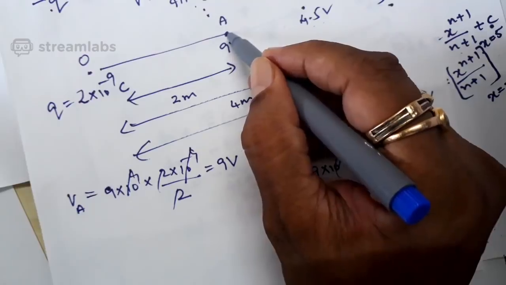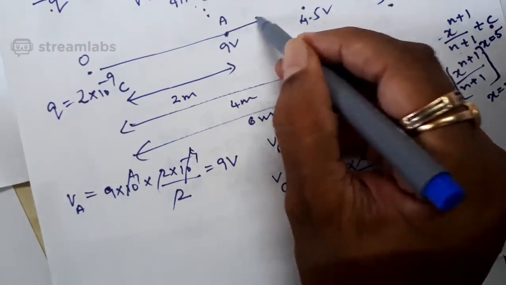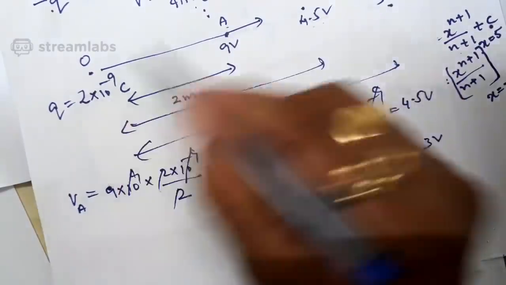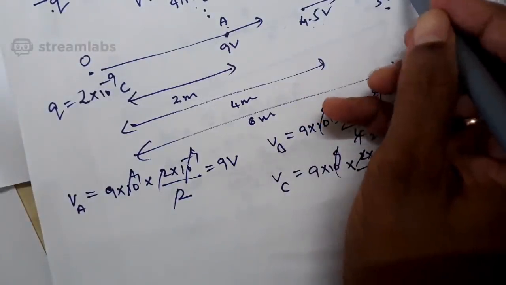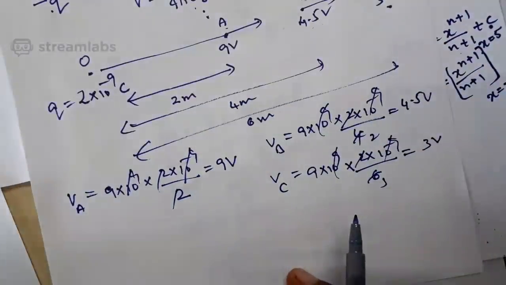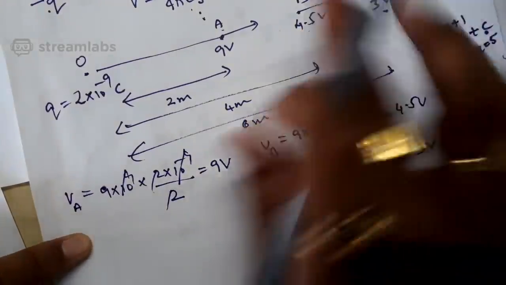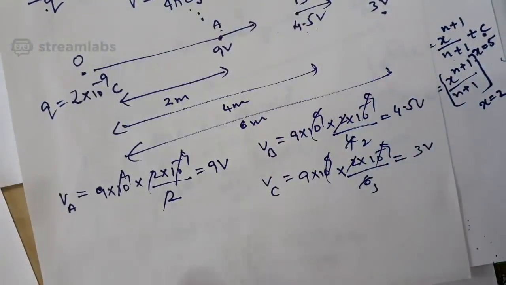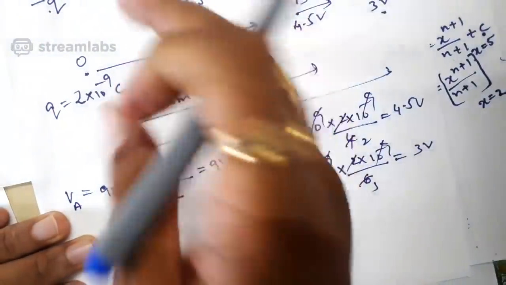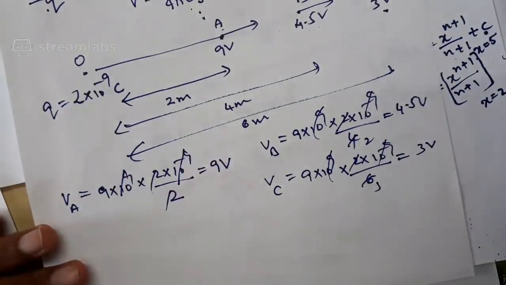See, what is the direction of electric field? Electric field, not potential, electric field. In this direction, I have to assume plus 1 coulomb. Plus 1 is repelled by this. Here, this direction. Here, this direction. If you move along the direction of electric field, potential goes on decreasing. If you move against the direction of electric field, potential goes on increasing. This statement I said earlier.